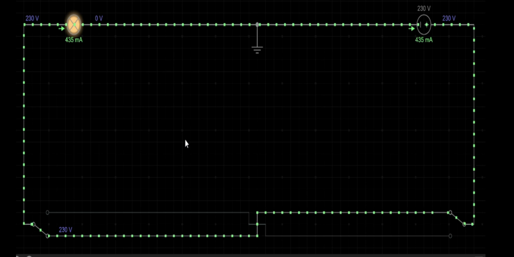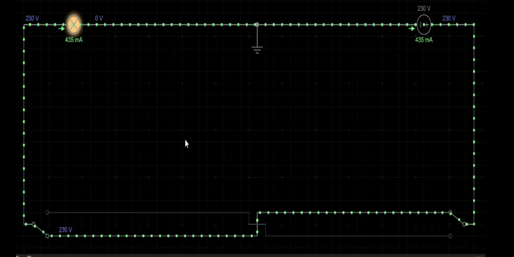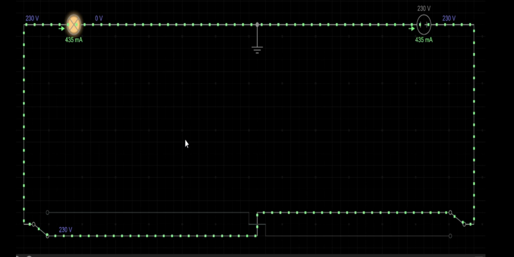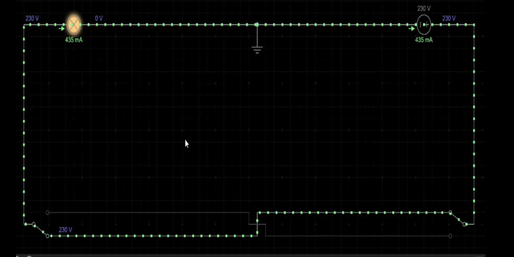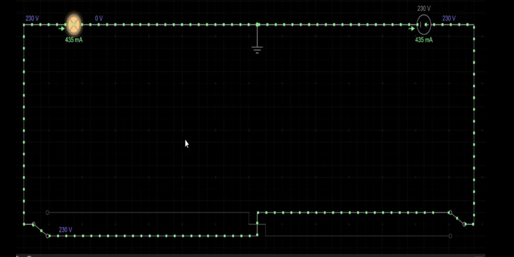So this was the simulation result of this network. In the next upcoming video, I will make a practical circuit of this network and we will validate the results of these two